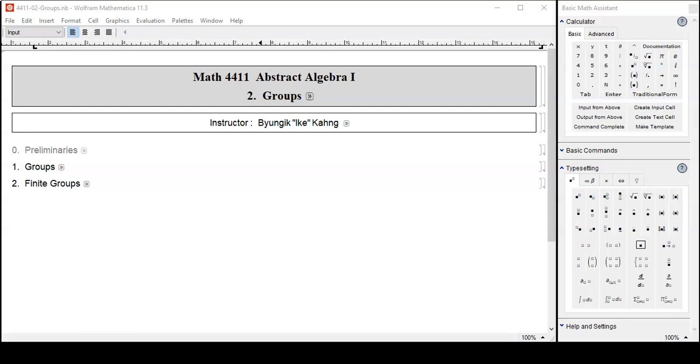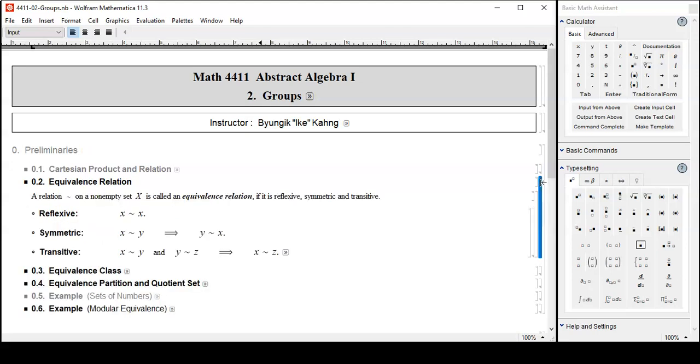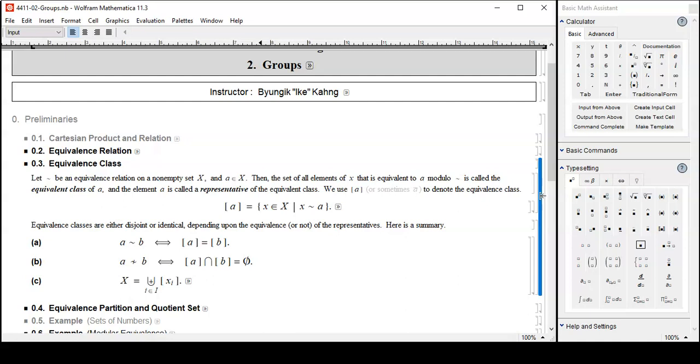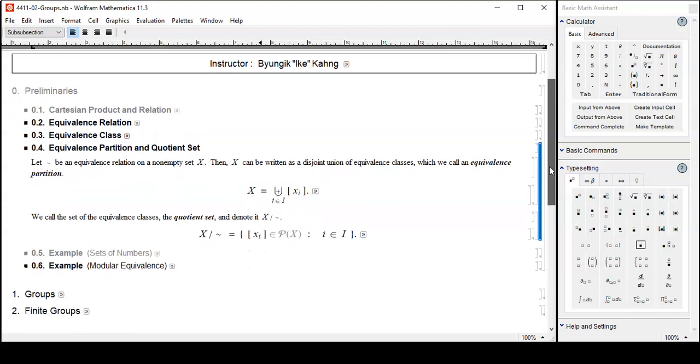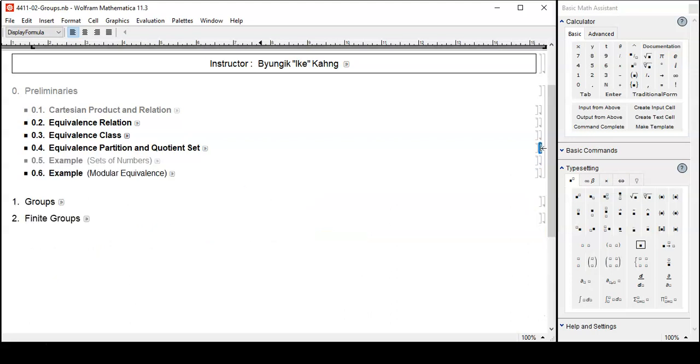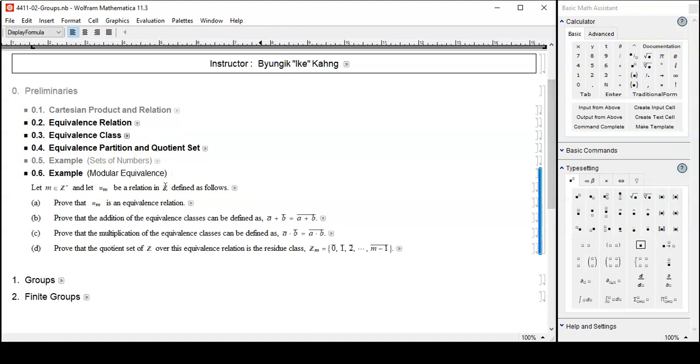Hello students, welcome back. Previously we went through the concepts of equivalence relation, equivalence class and their properties, equivalence partition and quotient set. And also remember, the quotient set can have much smaller cardinality compared with the original set. Remember all those? Alright, let's go to an example, modular equivalence, which begins from the set of integers, and this